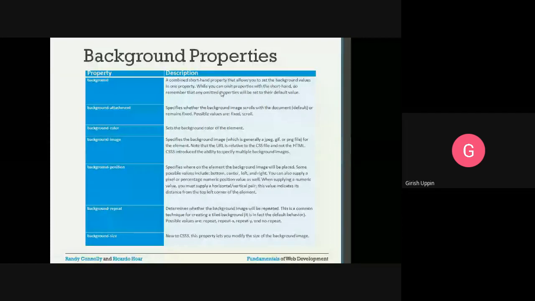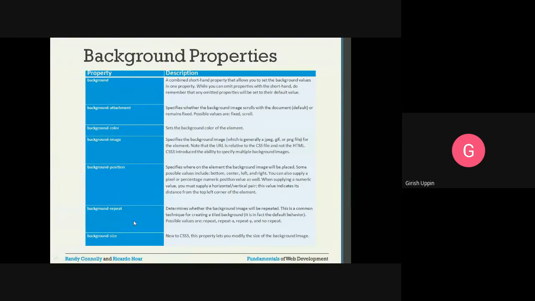Then background attachment, whether you want to have that background image as scrollable or not. So values can be fixed or scroll. Then background color, you can set the background color using just the predefined name given by the CSS standards, or you already studied the various other ways to provide the color, like RGB or RGBA, hexadecimal, etc. Then background image we can provide, and background position, where the particular image in the background is to be positioned.